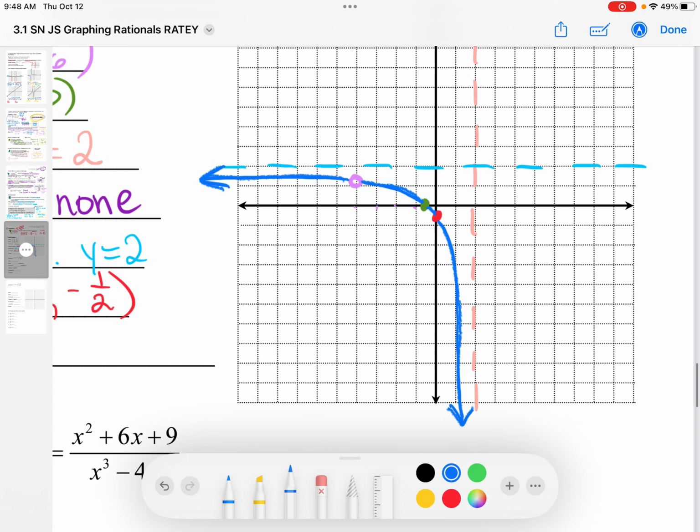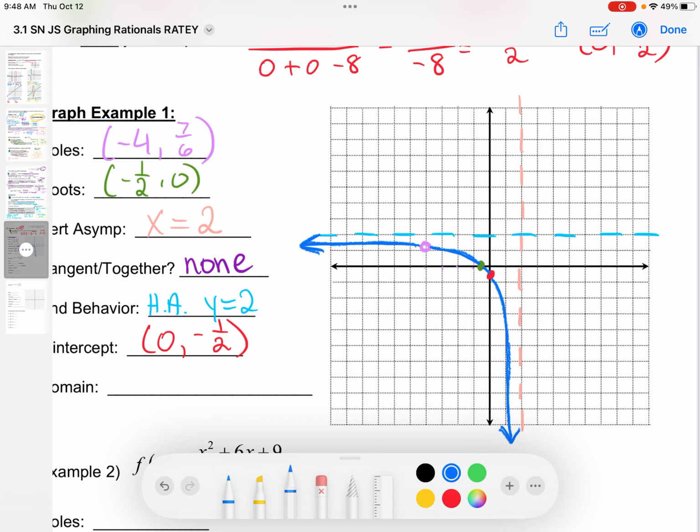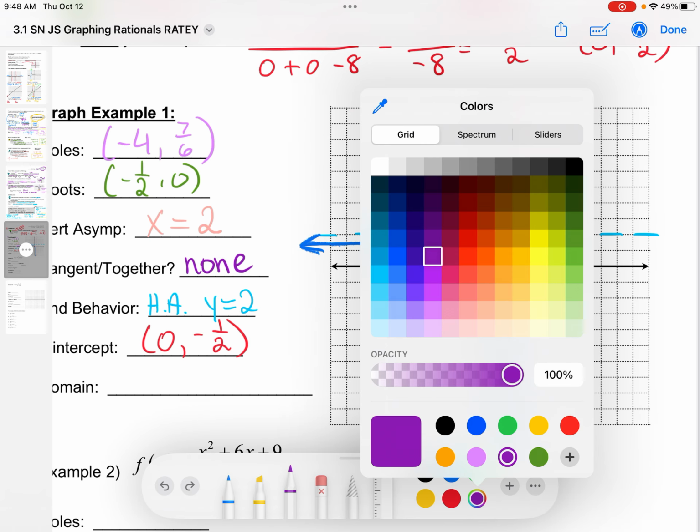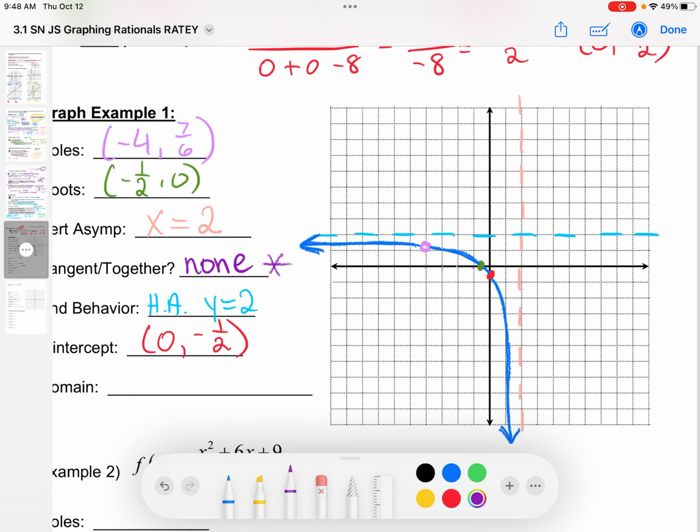Now, there is another piece. In rational functions, there's always a piece of the graph on each side of every vertical asymptote. Left to right, there is a piece on every side of every asymptote. So, we'll have a piece either in the top or in the bottom on the other side. We don't have any points, any holes, any information there. But what we do know is because there was not a tangent or a together, since there was not a together,